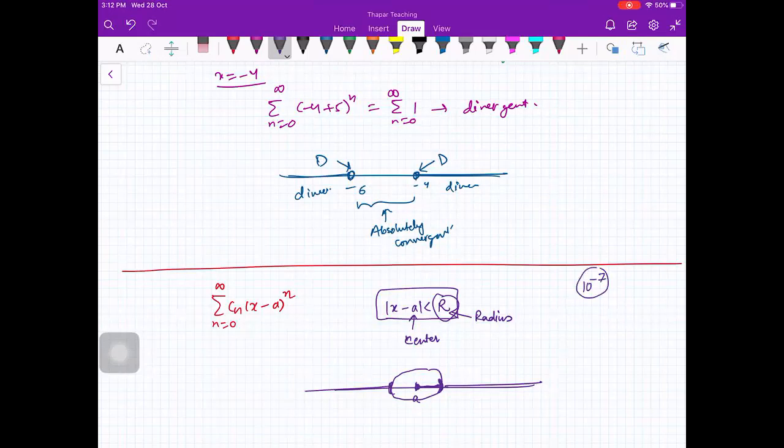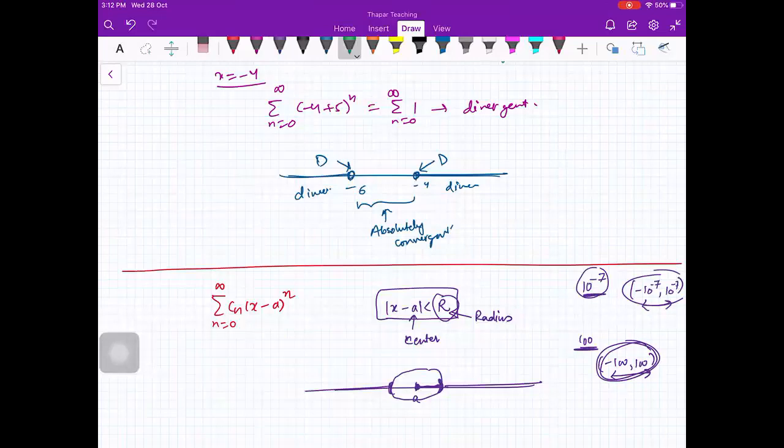But if you have a series whose radius of convergence is say 100, it means that there are so many points. Obviously I should not say so many points, because both of these regions have an infinite number of points, right? So suppose the center is 0, so -10 to the -7 to 10 to the -7, or -100 to 100. One is this region of convergence, one is this region of convergence, so this is bigger as compared to this. Okay, is that clear?